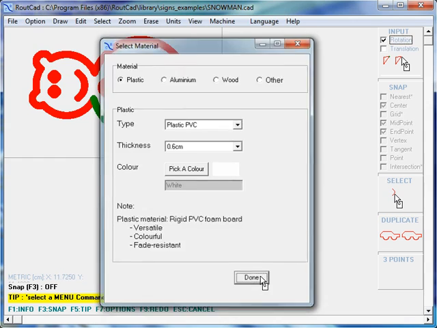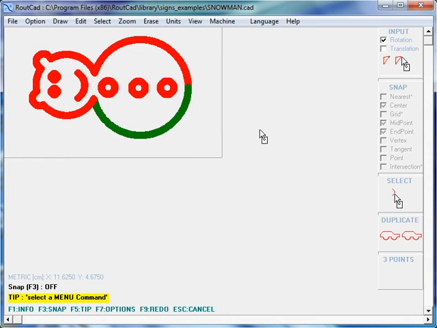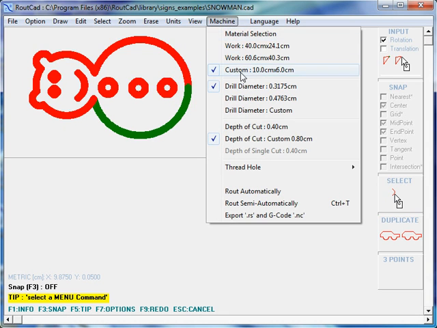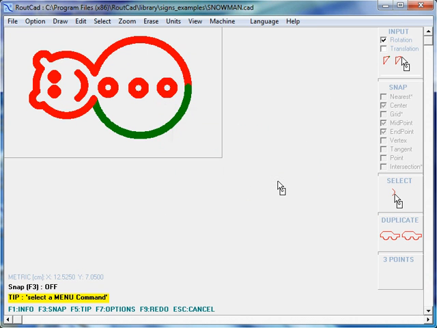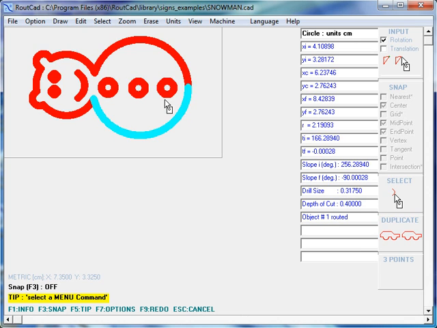So we click done, and now we're going to change the attribute of this element. So we go to machine, we click on depth of cut custom, and we already have entered 0.8 centimeter, so that is fine. We click on continue. When we do that, nothing is actually changed in the drawing because the depth of cut and the drill diameter is a property of an element, and that property is also saved with the drawing. When we save the drawing and when we load it back,